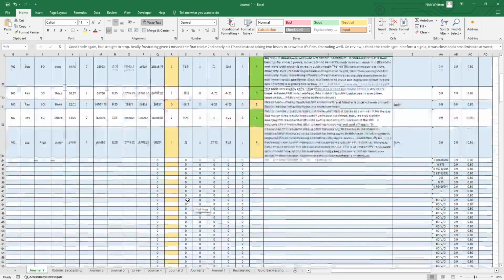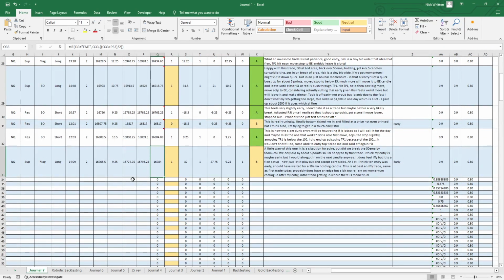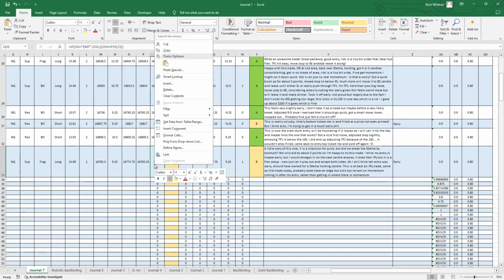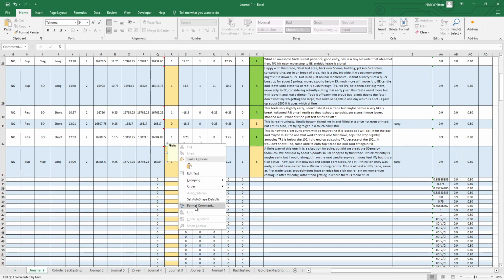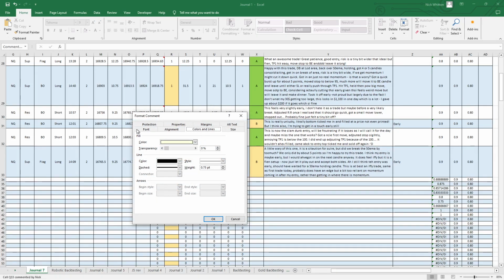You can review that. The way you do that, you go onto the cell, you right click, go to insert comment, and then you want to move the cursor until it is over the edge, and you get this four arrow icon. Right click again, go to format comment, and then you'll probably say something like font to start off with. You want to go to colors and lines, and then where you have the color, you go to the drop down menu,